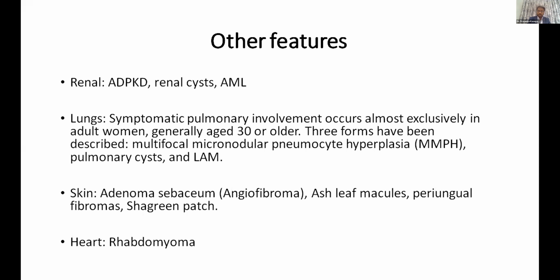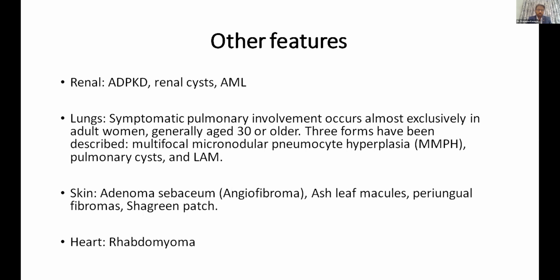So what are the other features apart from neurology? In kidneys, we can have autosomal dominant polycystic kidney disease, or just simple renal cysts. What is disabling is angiomyolipomas, which lead to ESRD and early deaths. In the lungs, peculiarly, involvement is seen in adult women who are generally 30 years or older. They can have either multifocal micronodular pneumocyte hyperplasia, or MMPH, pulmonary cysts, or